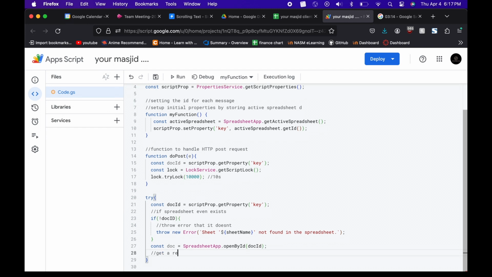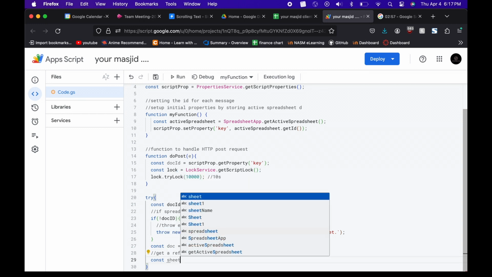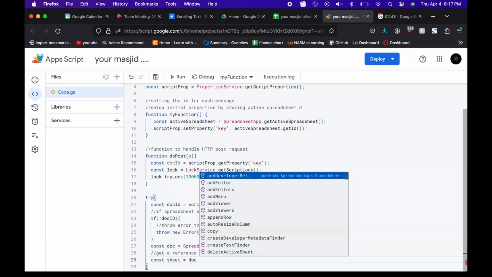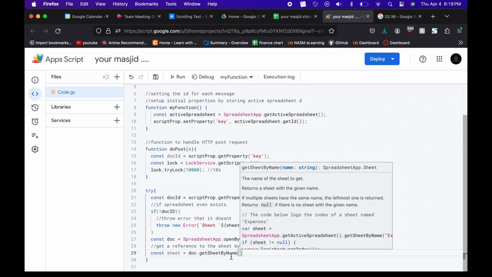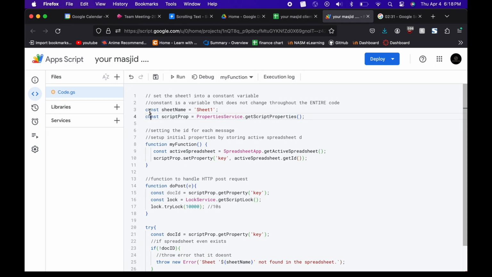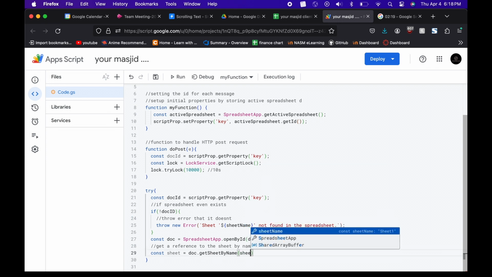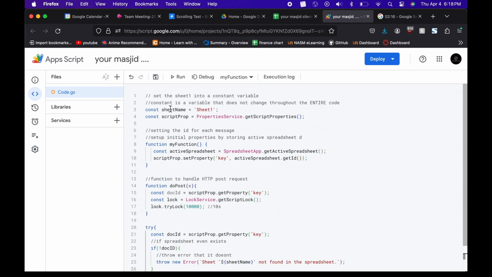And after that, reference the sheet by name. So we make another constant called const sheet = doc.getSheetByName, and it's saying get by sheet name. So which constant up here and down here would be the correct constant name to put? If you guessed this, that is correct. So which sheet name, we just put the name of the constant